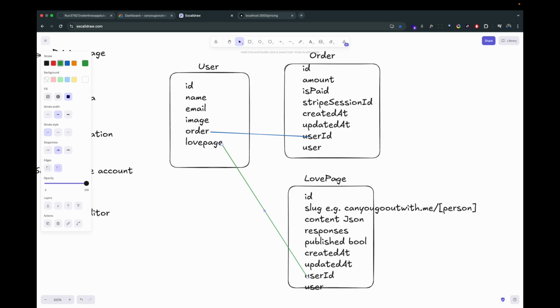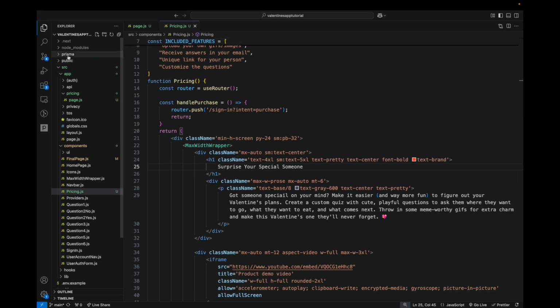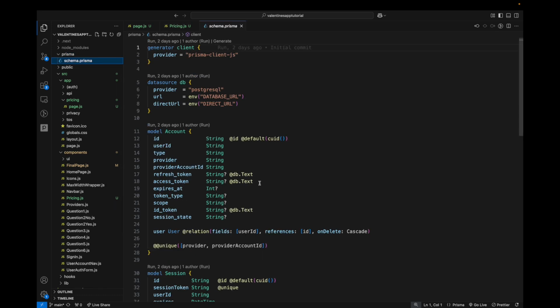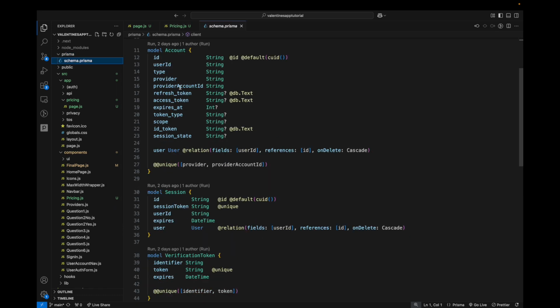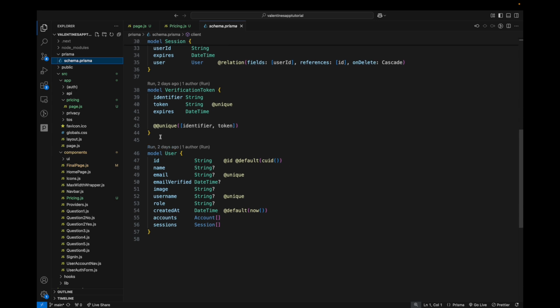So let's define our schema now that we have a rough idea of how we want to create our tables. So let's come back to our code and go to Prisma and schema.prisma. And if you already checked this file out, you'll notice that we have some models already here. So that comes with the template, but we need to add more stuff to it. So let's do that right now. And let's add a